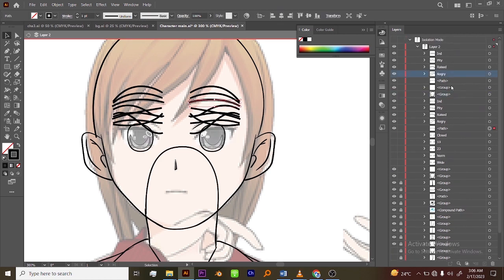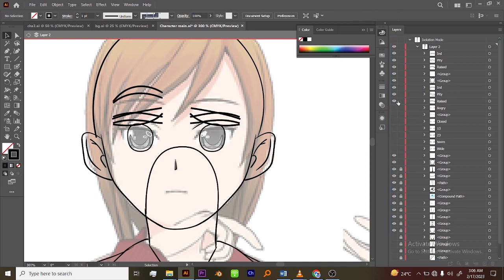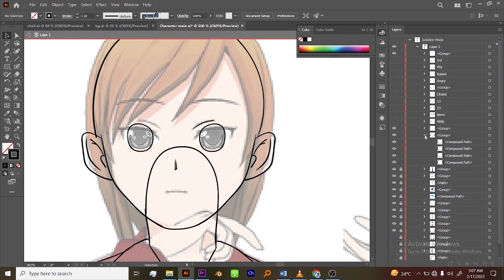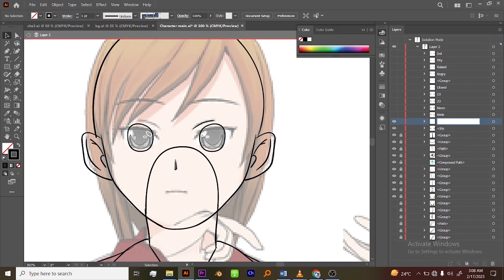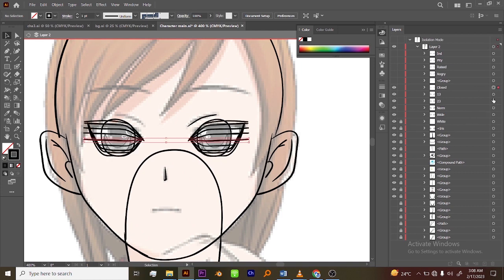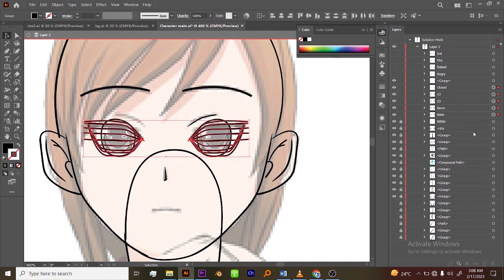So you see, I've duplicated the eyebrow. Since the face is a front view, you do not have to keep working on the same thing over and over again. You could just work on one and duplicate to the other. That's exactly what I just did here. And if you see, I'm actually combining those groups, because whenever you duplicate something, especially when you're working with groups, not layers, it tends to create more groups. It doesn't create it inside that group, it creates another group with that particular part. So the best thing to do is you could just merge